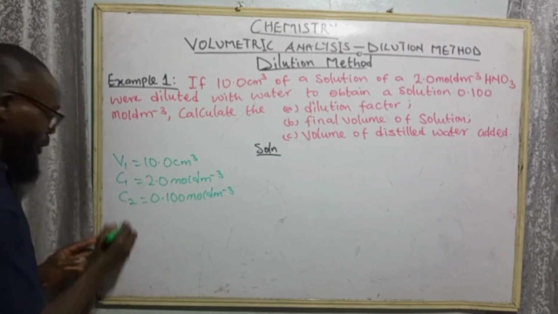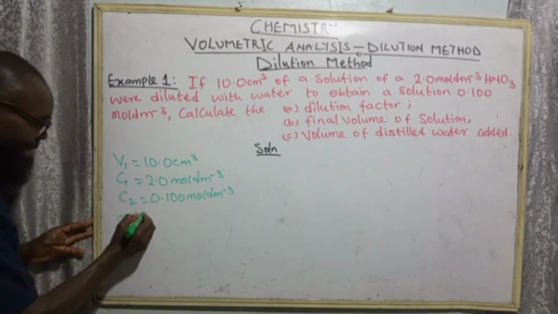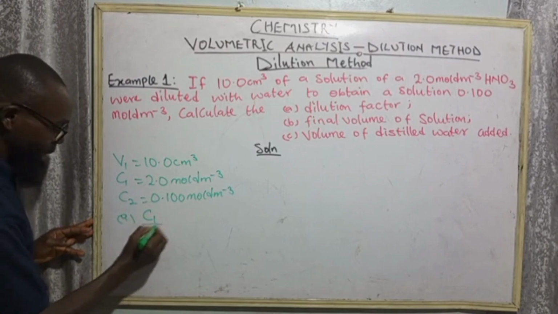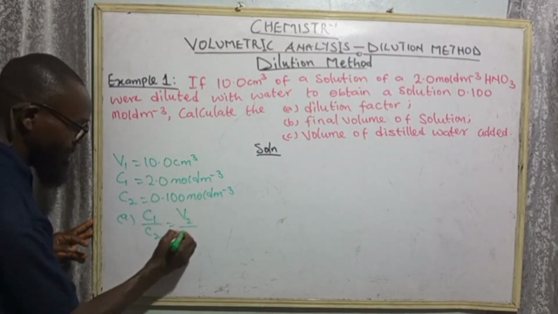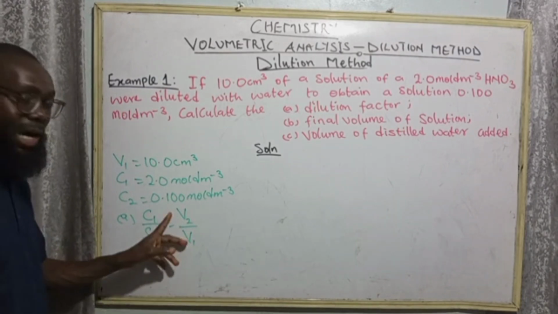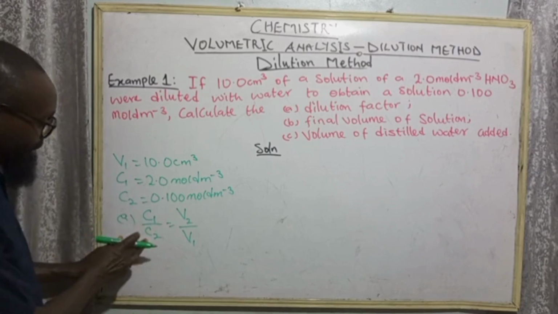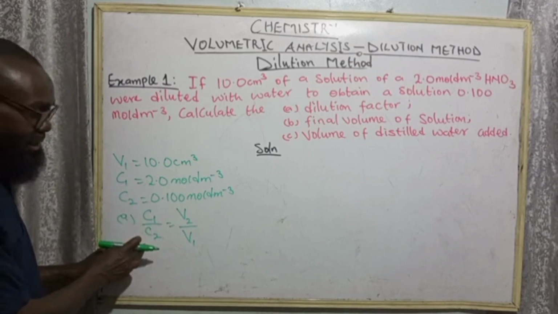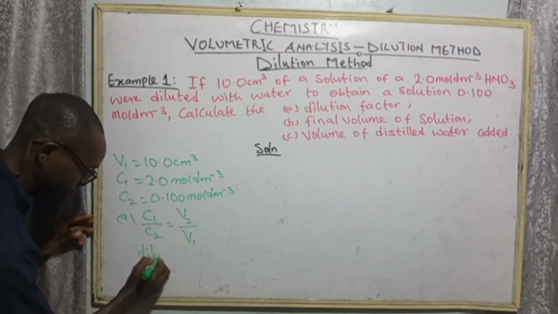Now, the first question, we are asked to find the dilution factor. Don't forget that C1 over C2 equals V2 over V1. Here, we only have V1, we don't have V2. So we are going to make use of C1 and C2 because we have those. So this dilution factor,